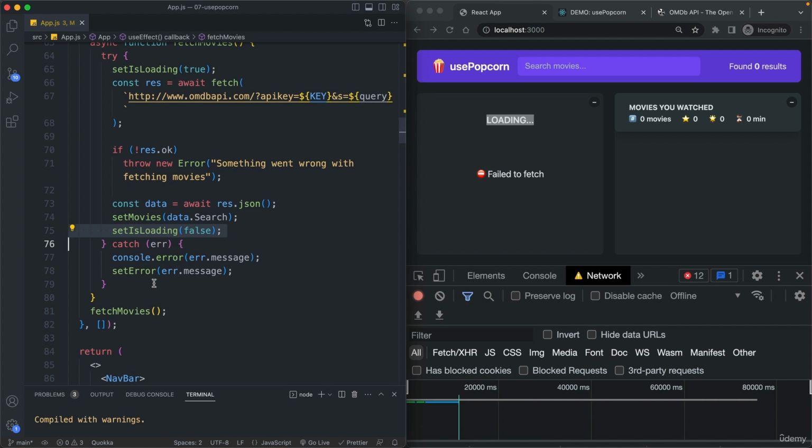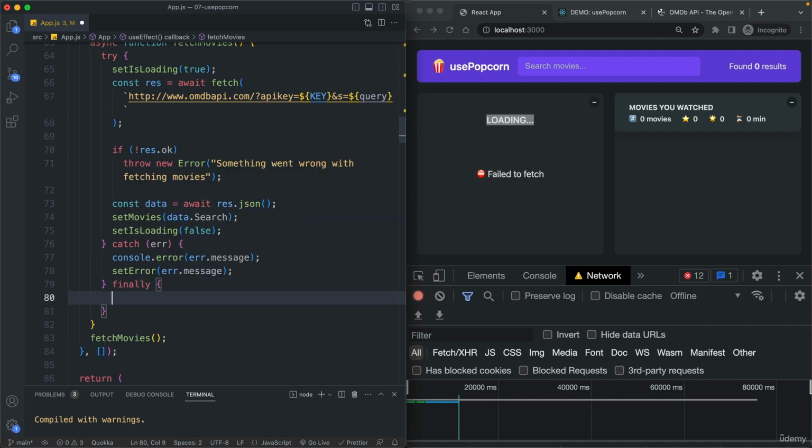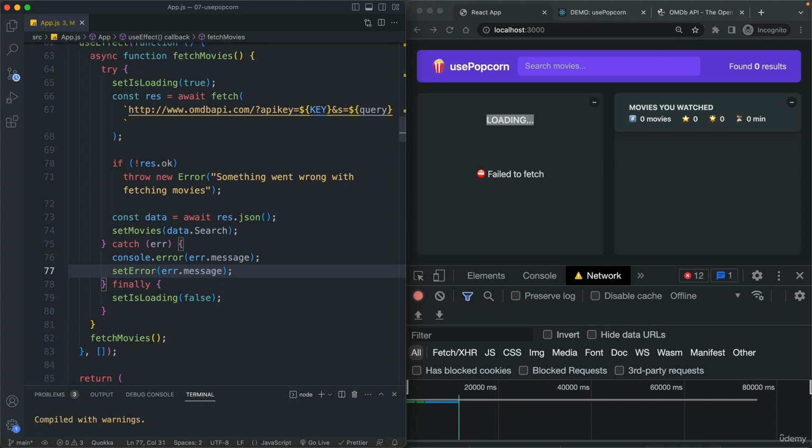So instead of doing that here, let's attach a finally block here. So this block of code here will basically always be executed at the very end. Okay, and as an alternative, we could have kept the code here and also pasted it here, but that would have created a duplication of code. So with this, it's going to be a lot better. Now, I will not try this yet here,